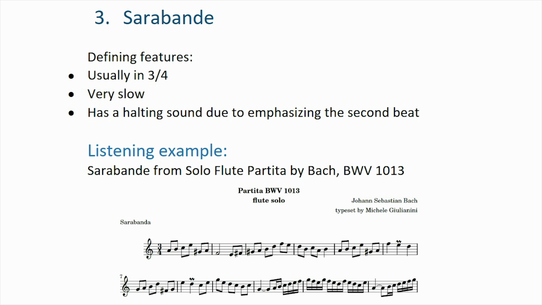The sarabande is the third dance in a Baroque suite, and it's the slowest movement. Its origins are Spanish, possibly Central American, and it became popular in Italy and France in the 1600s. Some common features of this dance include the meter, so it's usually in 3/4 time. It's usually very slow, and they tend to have a halting sound due to how they emphasize the second beat. Almost, I don't want to say it almost has a dotted sound. That's not the correct way to look at it, but it's got a little bit of a lilt to it